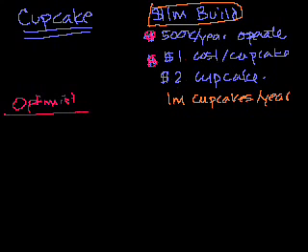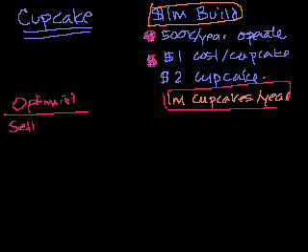I sell 1 million cupcakes. So my factory can produce 1 million cupcakes, and I sell 1 million cupcakes. I'll take a side here because this is an issue that I want to bring up a lot. I am fully utilized. My factory can produce 1 million cupcakes, and in this scenario, I'm producing 1 million cupcakes. So we would say we're 100% utilized. How much are you producing relative to what you can produce? 100%.